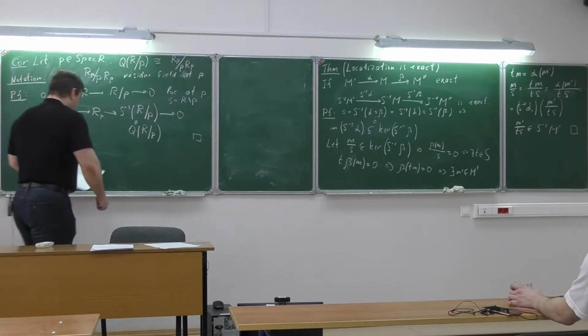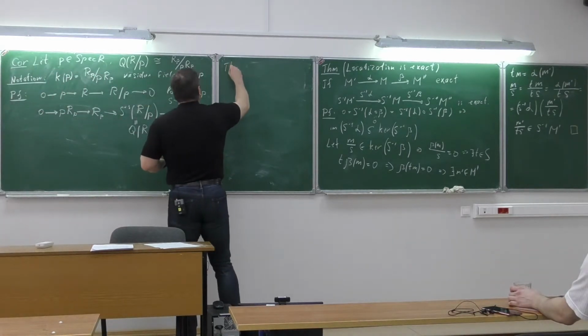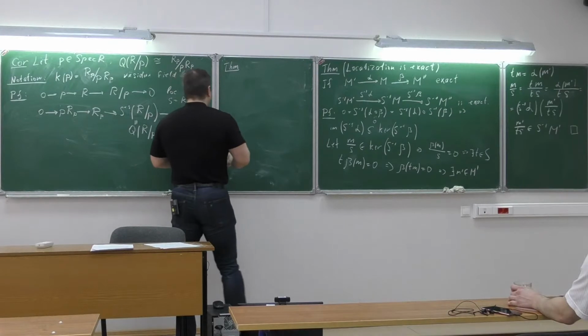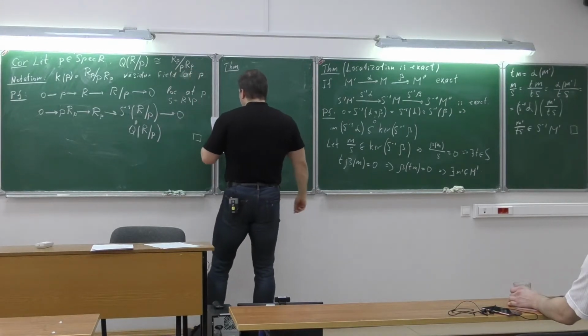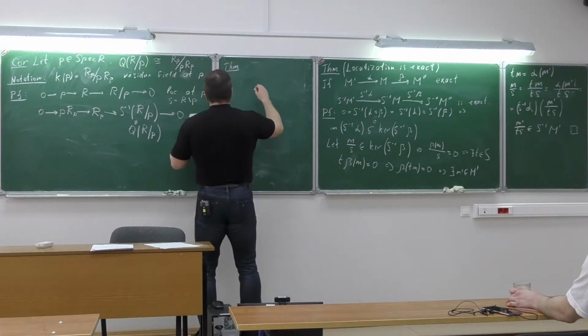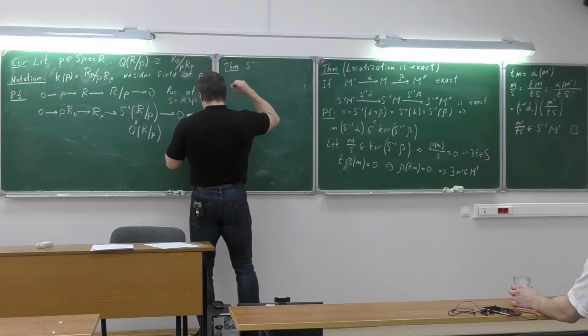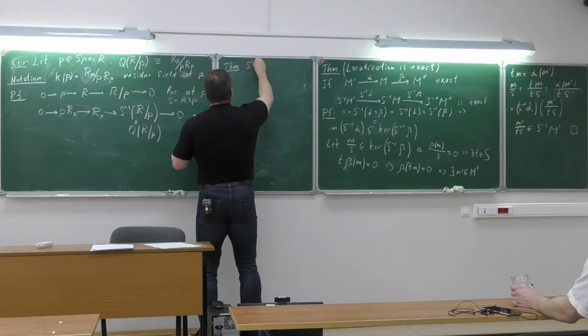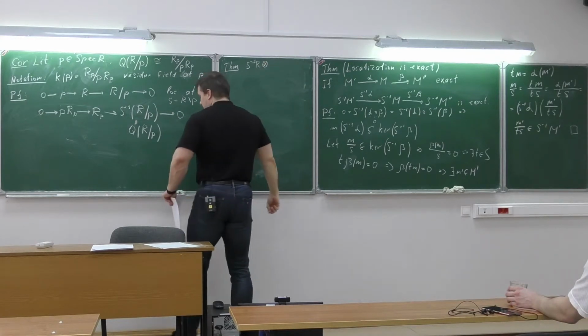Okay, so next theorem, which might be the most non-trivial observation about the localization of modules. So we have the isomorphism of the following form. If you take the product of the localization of the ring,